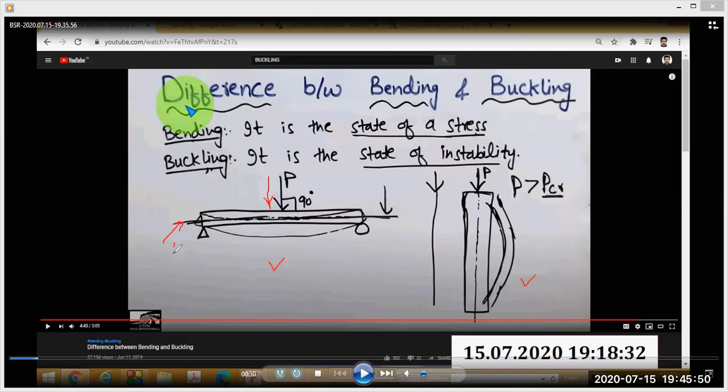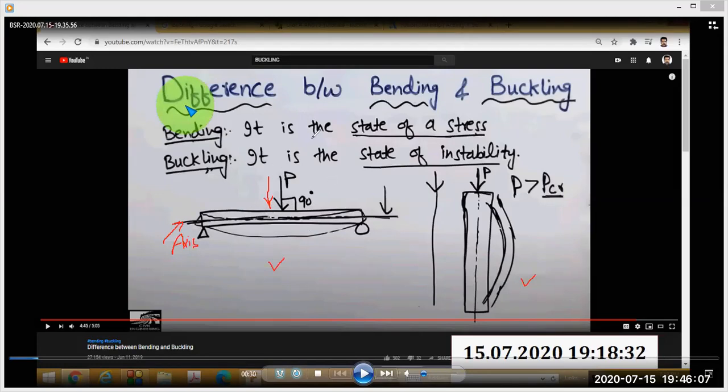This is the axis. You can see this load is acting 90° to the axis. So what happens is this will bend.